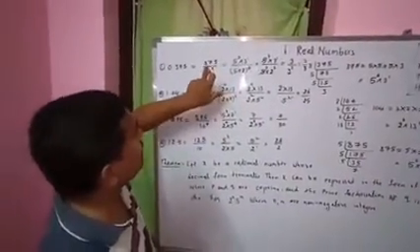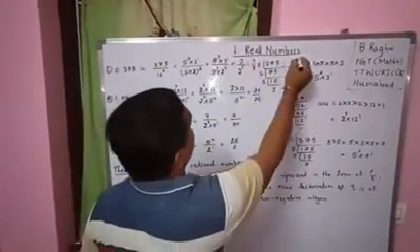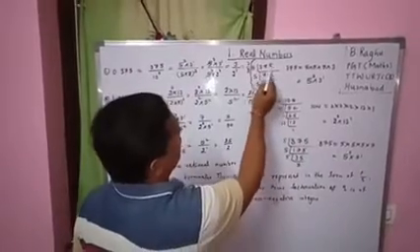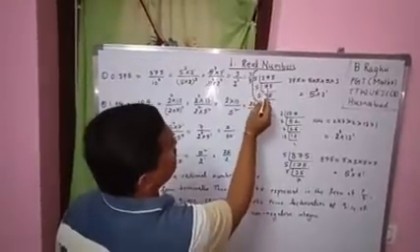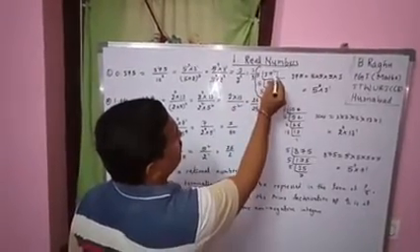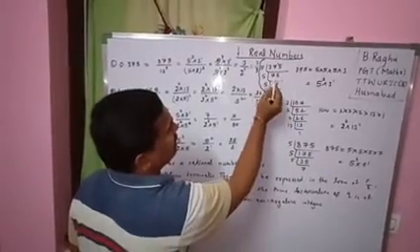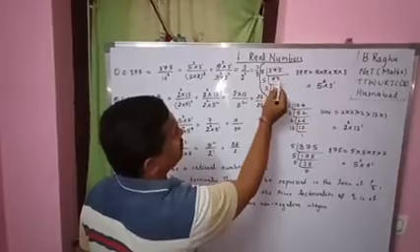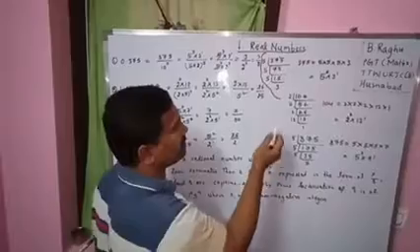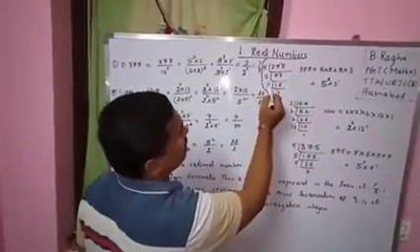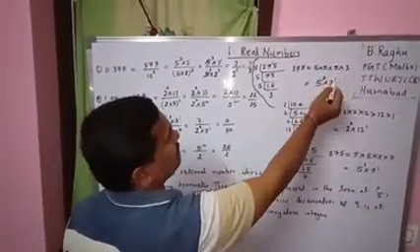So prime factorize 375. 375 prime factorization. The unit place is 5, so it is divisible by 5. Divide by 5. 5 7s are 35, 3 carry forward, 25. 5 5s are 25. Now again the units place 5 is divisible by 5. 5 1s are 5, remaining 2, 25. So 5 5s are 25. Now 5 3s are 15. The last 3 is a prime number. So 375 can be written as 5 into 5 into 5 into 3. So 5 multiplied 3 times, 5 power 3, and 3 power 1.